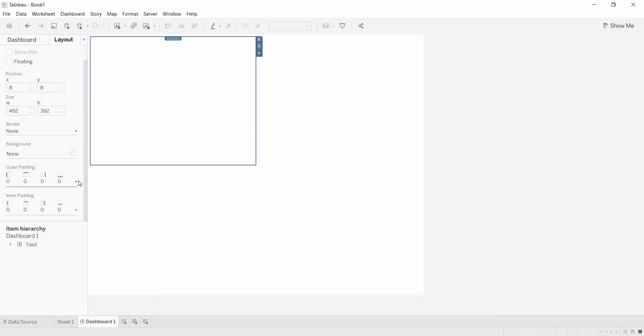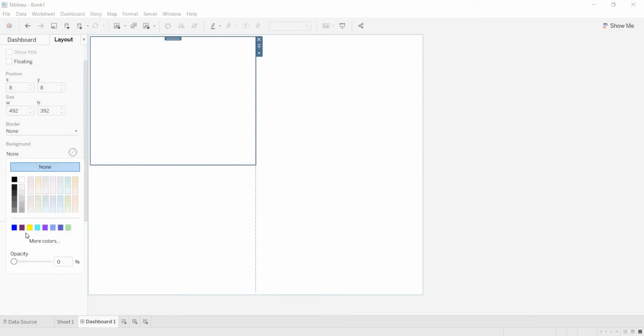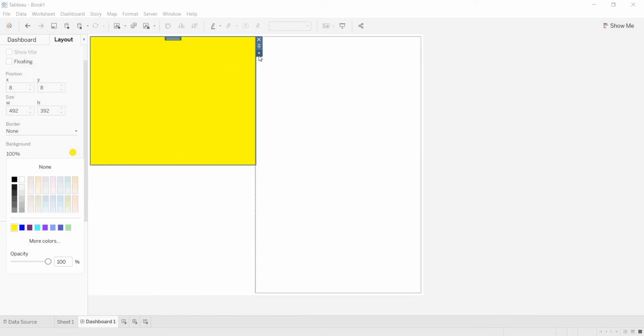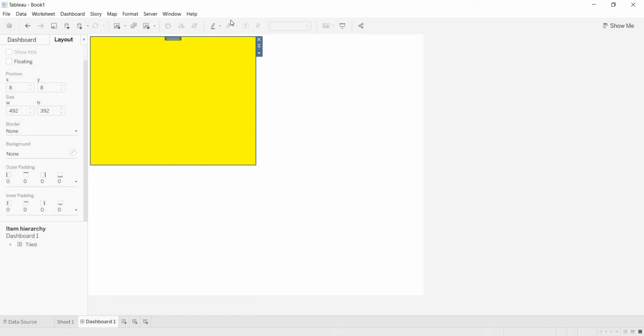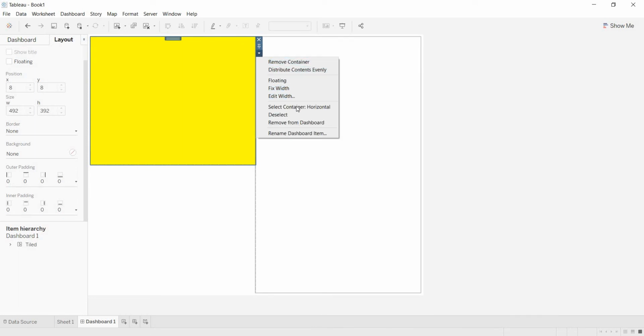Before adding this, for this I am taking the background color as yellow, and I am selecting this horizontal container. This horizontal container is within another horizontal container. Why am I unable to see that? Because we placed blank objects, both are blank, right?